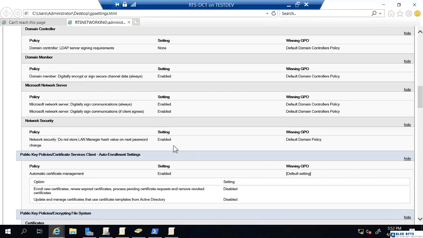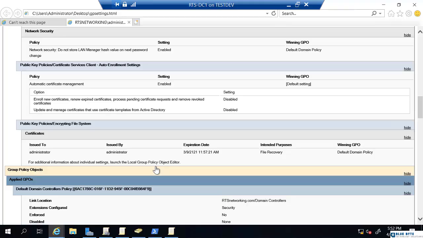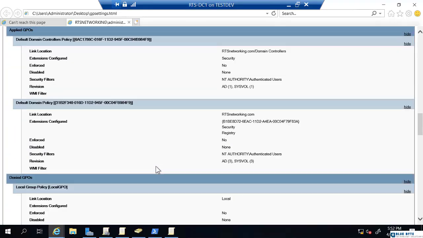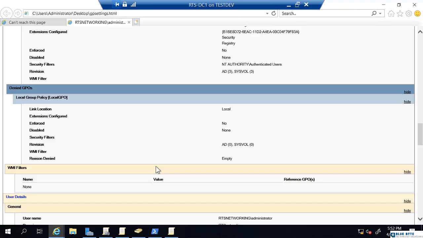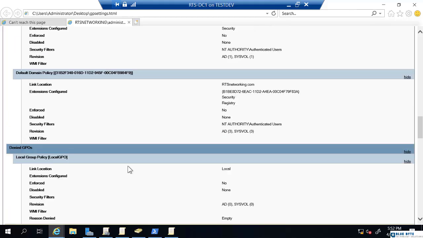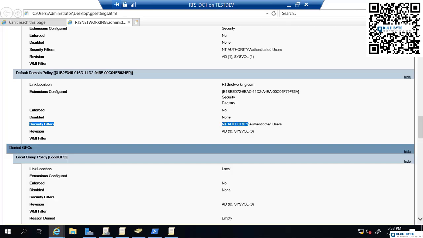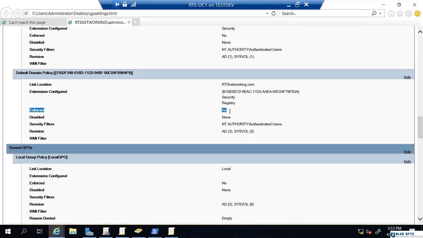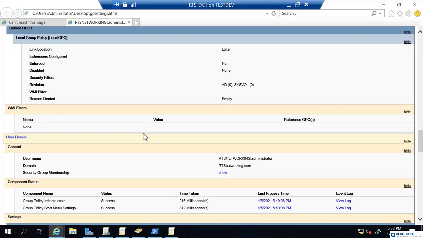Well, if we scroll down a bit, because most of these are just default settings, but if I keep scrolling, we also talked about security filtering. I can see, when I look at any of these policies, the security filter is the Authenticated Users group. So this is not being filtered to a specific group. I can see that this is not an enforced policy. It says enforced no. So it gives you even that level of detailed information. If we keep scrolling,